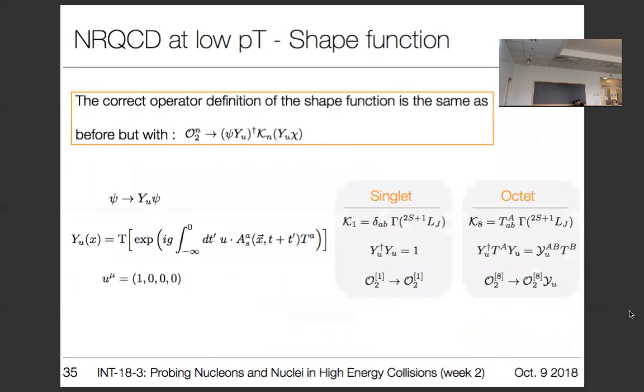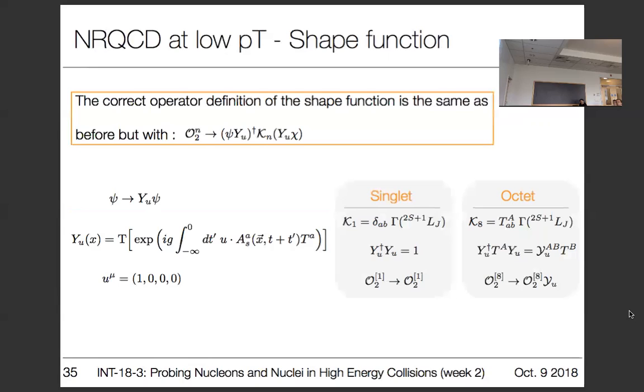So what we were missing was that we started with the wrong set of operators. And they were missing the gauge link between the heavy quark and the heavy anti-quark. The Wilson line that needs to be included here is along the time-like direction, and involves the soft gluons. So if we do this transformation here for the heavy quark and anti-quark,